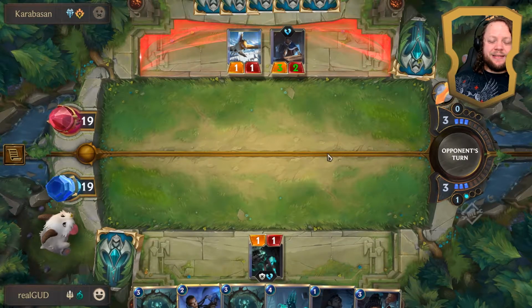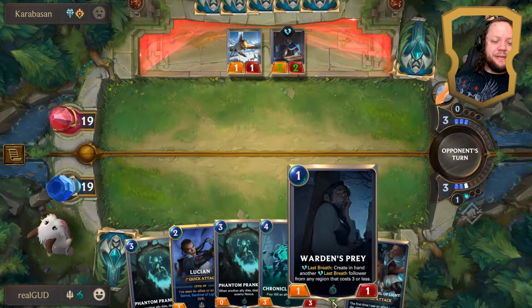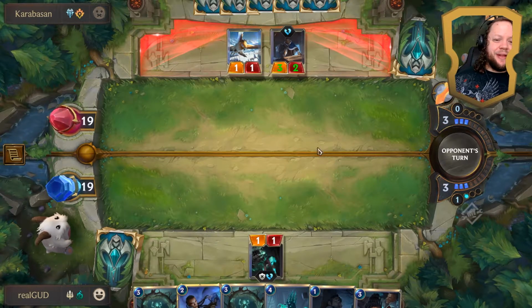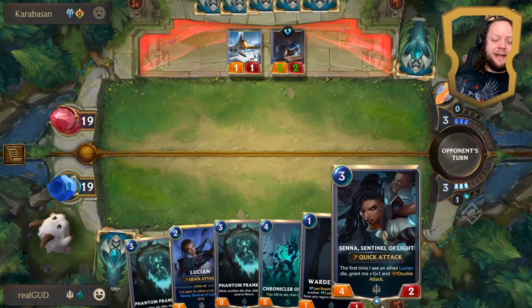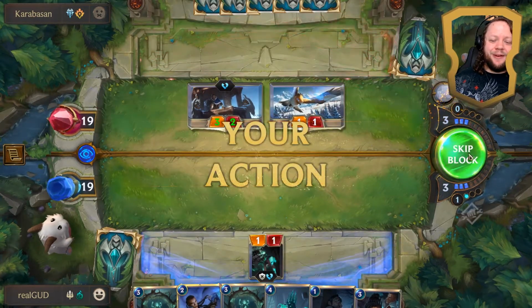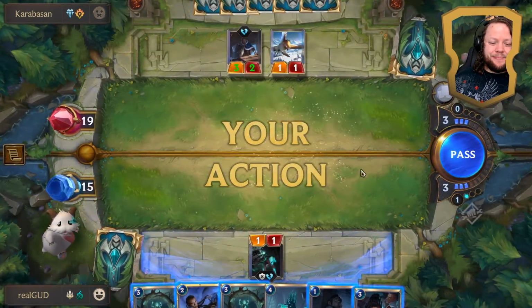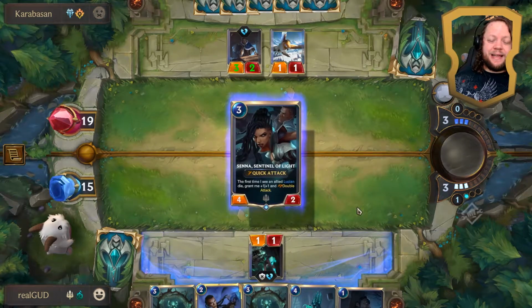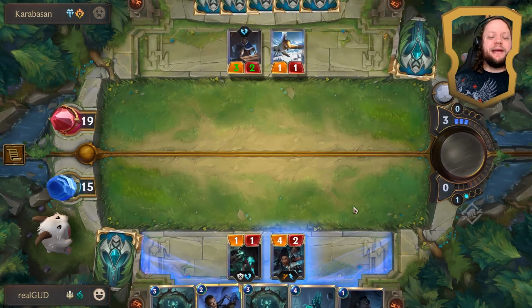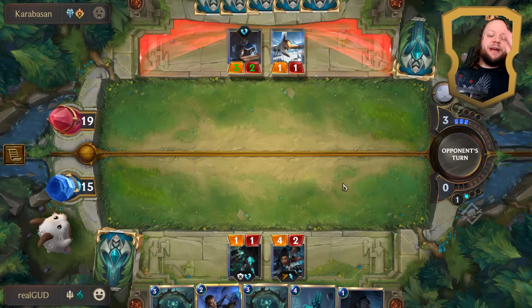However, Warden's Prey is in our hands, so if they give us the chance to play anything, we'll probably put that down first. If they don't give us the chance to play anything, if they just go in right here, then we'll probably play Senna, and then next turn we'll just drop Lucian. Yeah. Okay, this is fine. We'll just put Senna down here, and then next turn we'll drop Lucian, and if they kill either one of them, I mean, they do have 3 mana here, so they could...